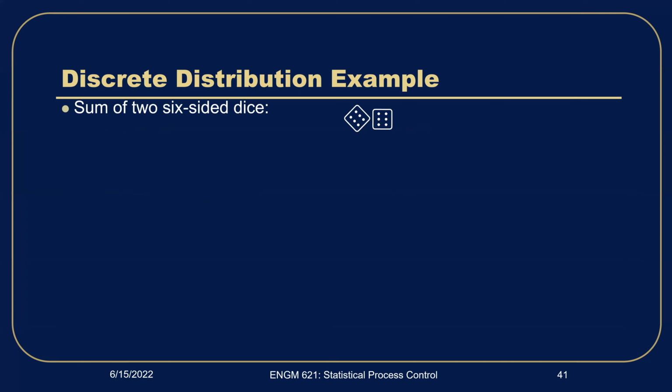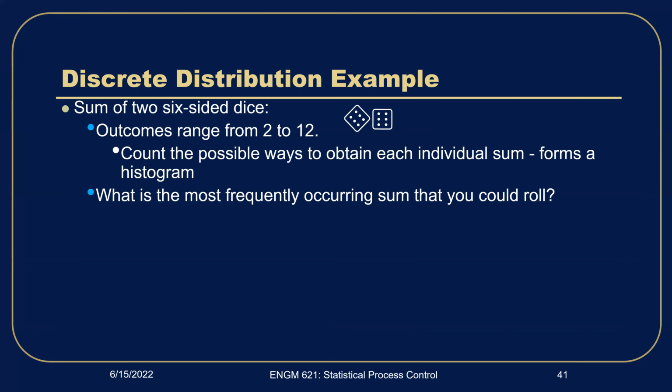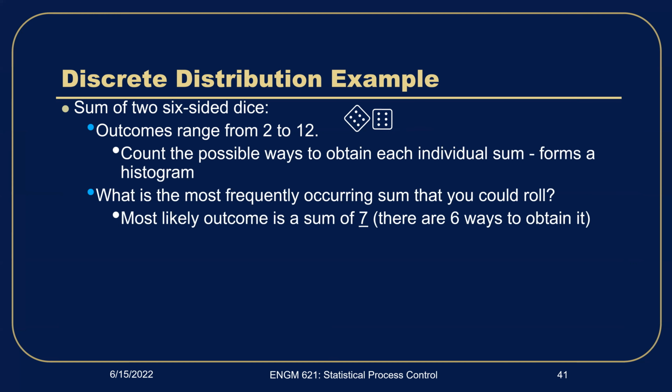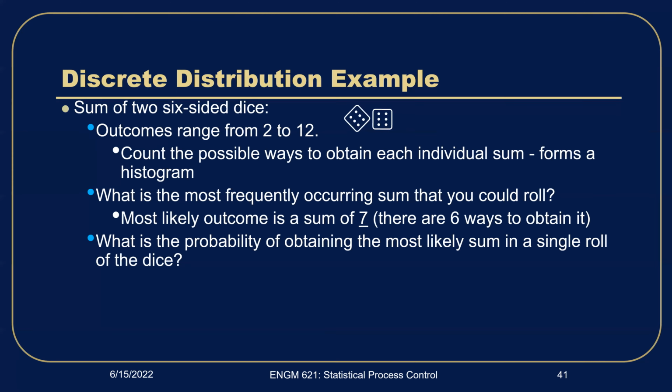A discrete distribution example is rolling dice. If we roll 2 6-sided dice and look at the sum, it can be from 2 to 12. The most likely outcome is 7. There are altogether 36 combinations, among which 6 combinations give 7. 6 over 36 is 0.167. So that's the probability of getting a 7 when we roll 2